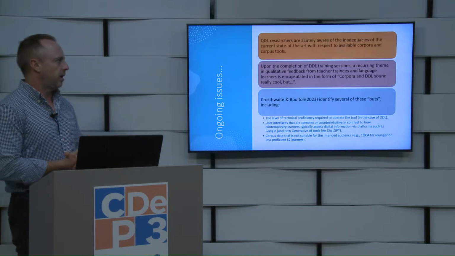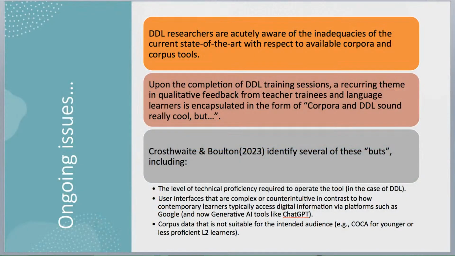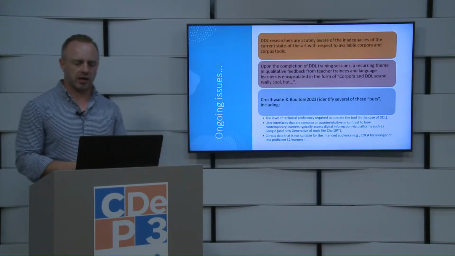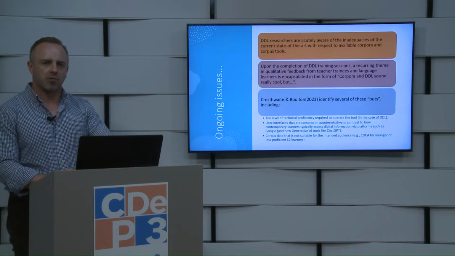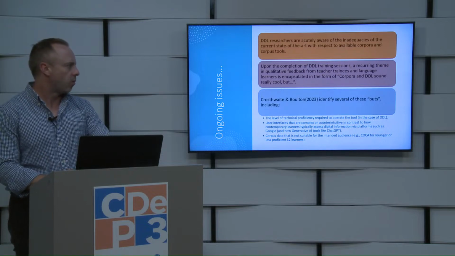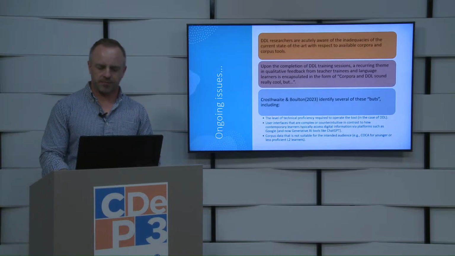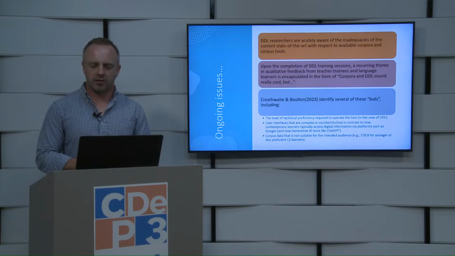We know, therefore, based on a lot of research, that sometimes data-driven learning can be a little bit tricky. Sometimes you might be using a tool that was not really designed for teaching. You might be using corpus software that maybe is not academic in nature, or maybe you're using an academic corpus with students who are not trying to study academic English. So there are a number of issues with data-driven learning that we are aware of. Sometimes the user interface can be a little bit tricky. Sometimes the functions can be too complex, or we may have some issues with the data, as I already mentioned.